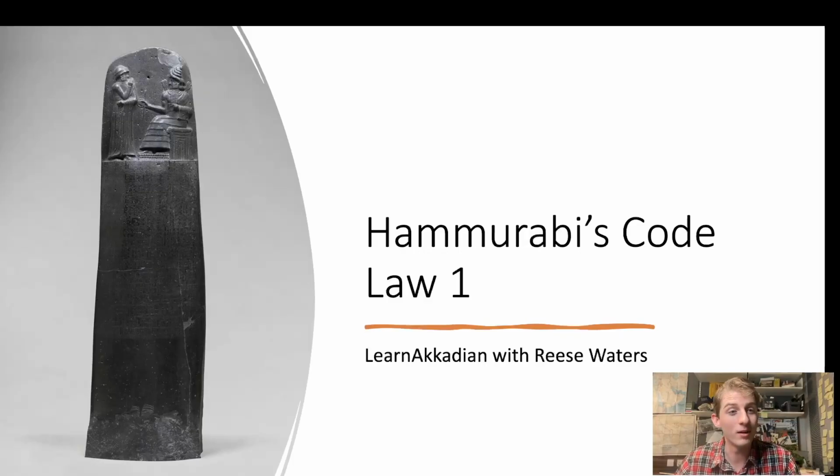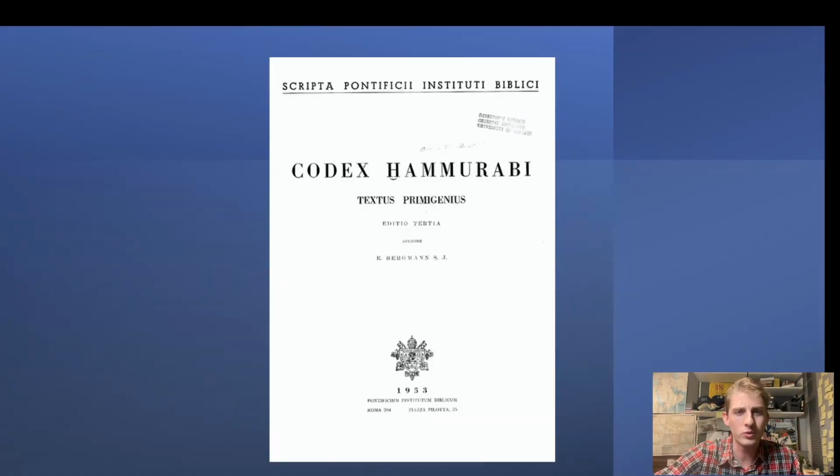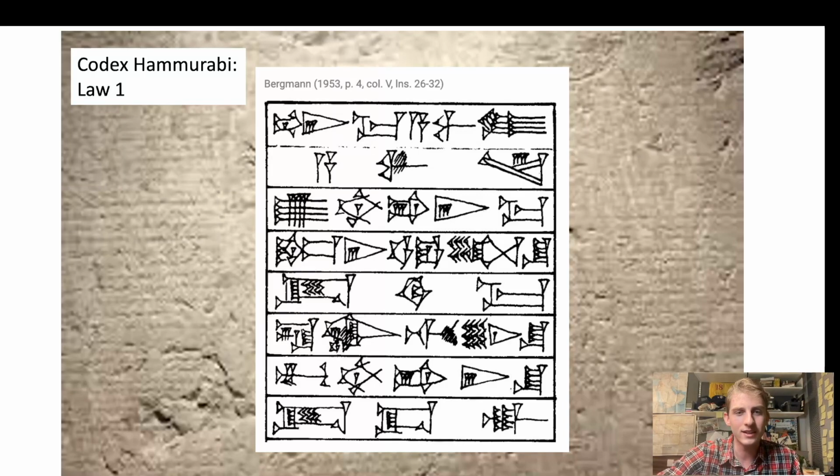Here you can see Hammurabi's code as it is today, displayed in the Louvre Museum in Paris, France. Zooming in closer on the text, you can see that the cuneiform script is vertically oriented, and so today we're going to be using a drawing which was published in the Codex Hammurabi Textus Primigenius by E. Bergman in 1953. So here we can see our text, and we're going to begin by forming a transliteration,